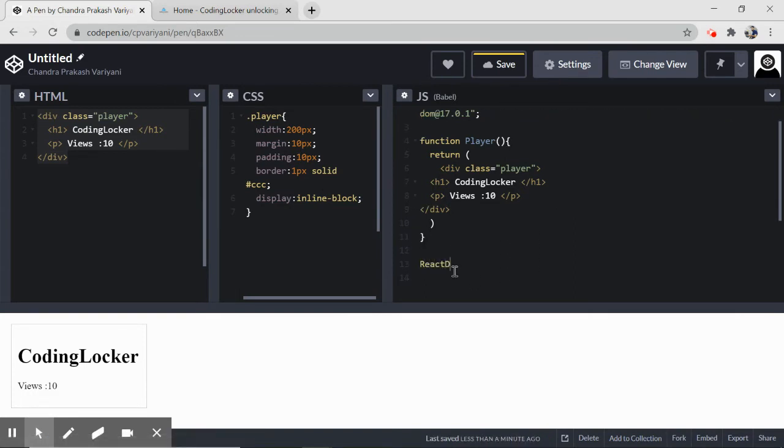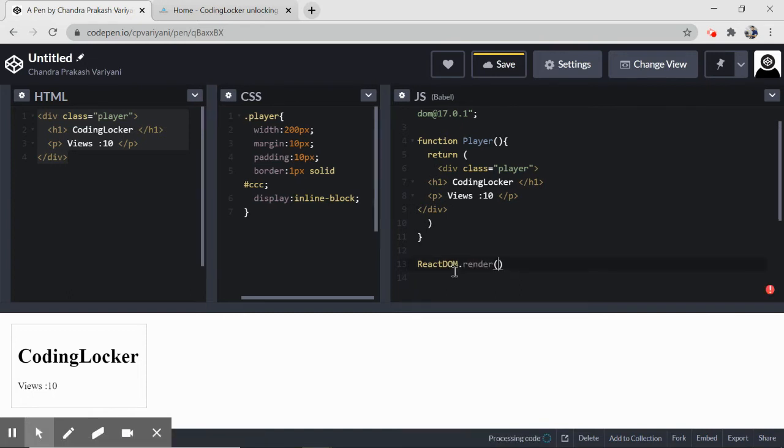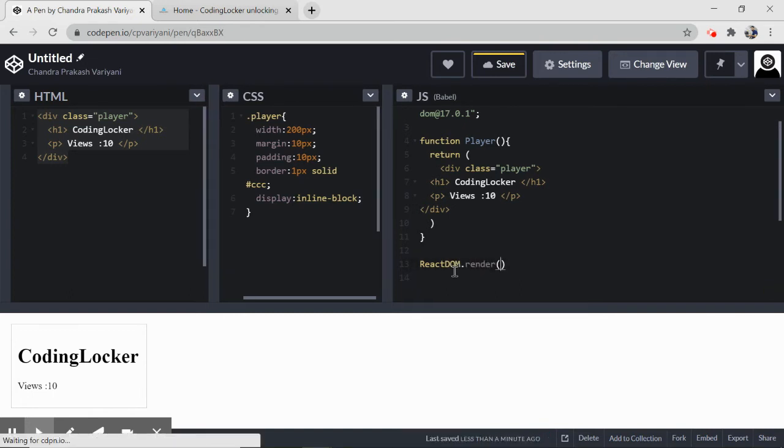Now ReactDOM.render. This is the method with which you will render this component in the HTML. It takes two parameters. One parameter is the element. You can see this player is now your element, like HTML elements such as div and h1. Similarly, this is your element. So I want to render this player. Where do you want to render? Simply let me create one more div and provide an ID.